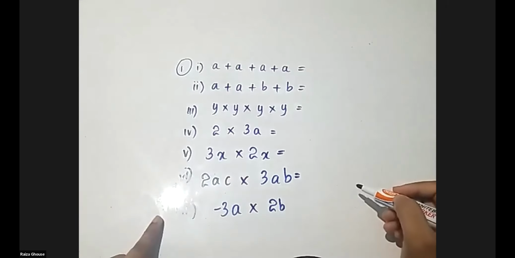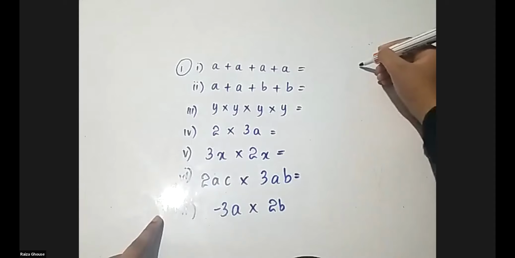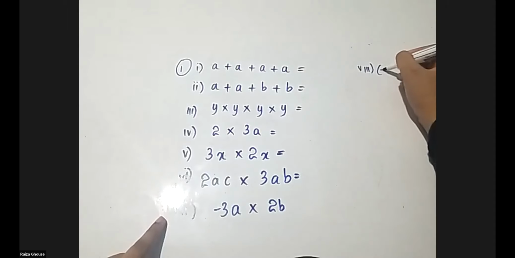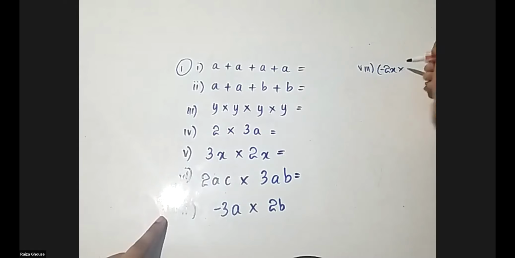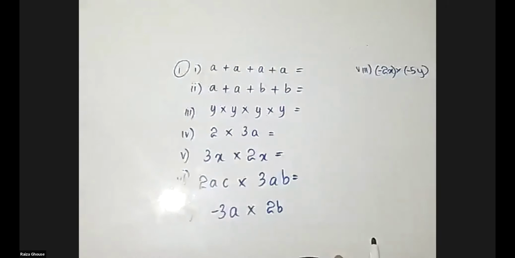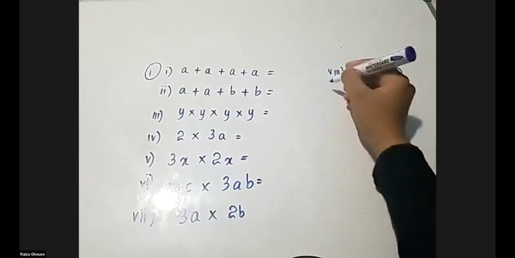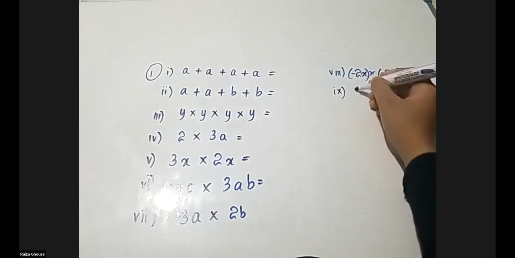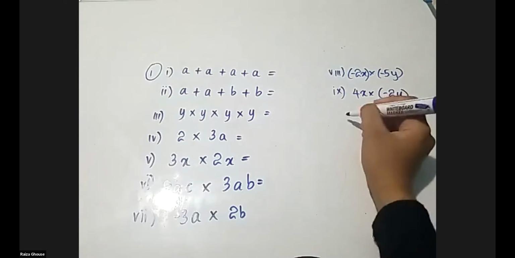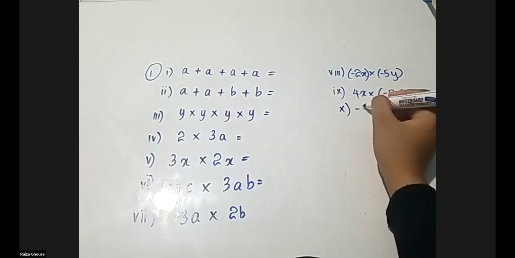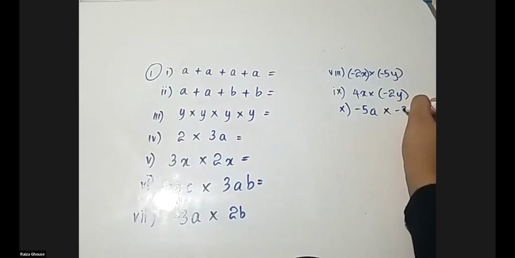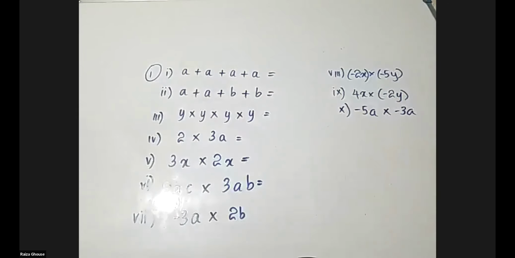Five, six, seven. I'll keep the eighth one here somewhere. 5, 6, 7, 8. I think you can see the board. Be careful when you're multiplying the symbols, numbers, and the letters. Make sure you check the basic concept I gave you if you forgot how to multiply symbols.